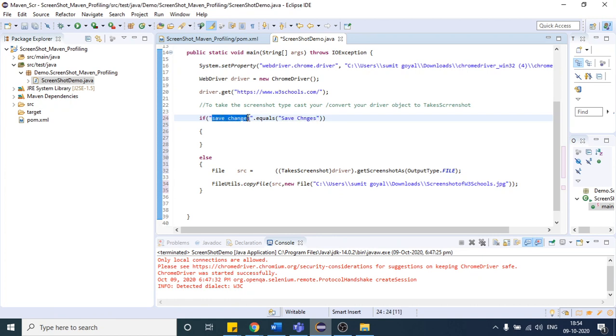So the expected text is the one I will provide. To check whether the text is similar to what I have provided, in that case your test case condition will be true, and inside that I will write "test case working fine". So I do not want to take a screenshot. This is one condition. But